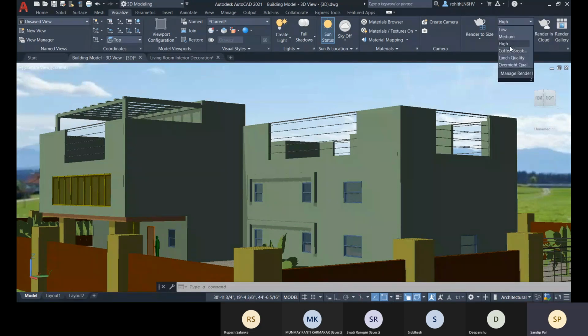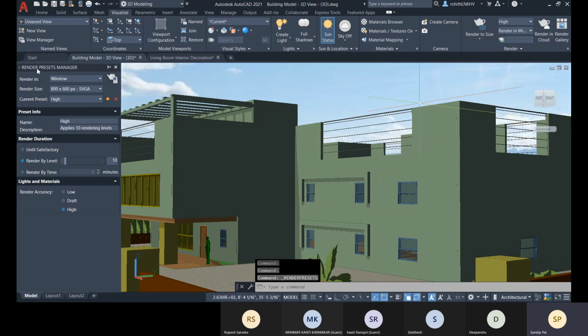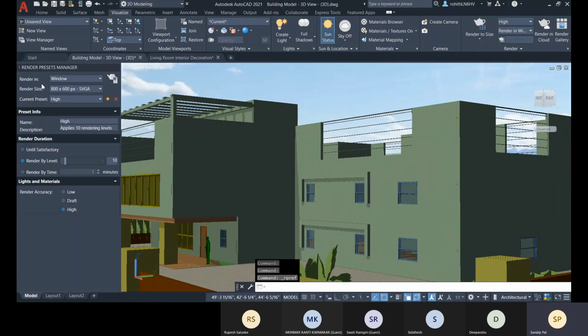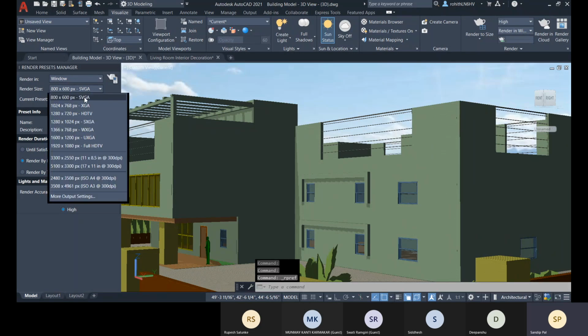So this is the high quality and you have more quality like this. And here you see we have this much of quality and you can change also. So we have this render preset manager. Here you can click also for the render preset manager. This is the option. You can click on that render preset manager and what will be the render size that